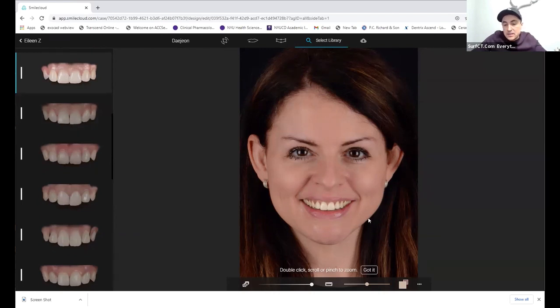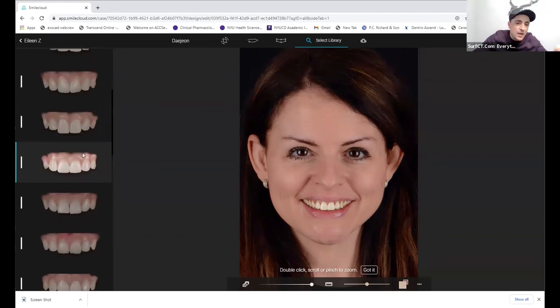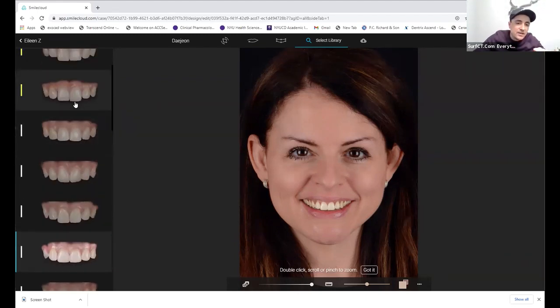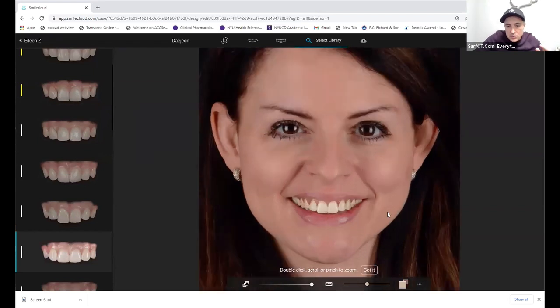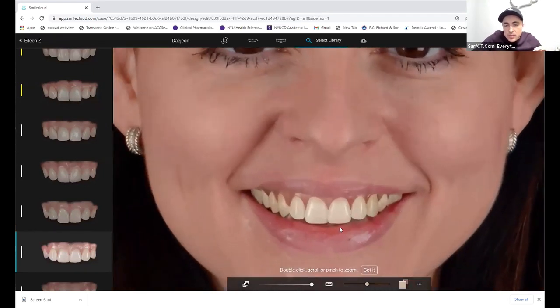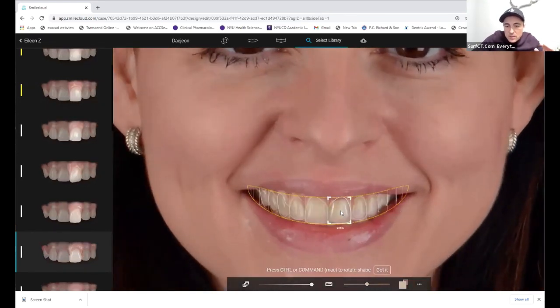And this is already something that you can present to the patient. So I will just choose something randomly. It doesn't have to be perfect. And I want to show you one more thing. I forgot about that. So basically, you can also click on one tooth and move them individually